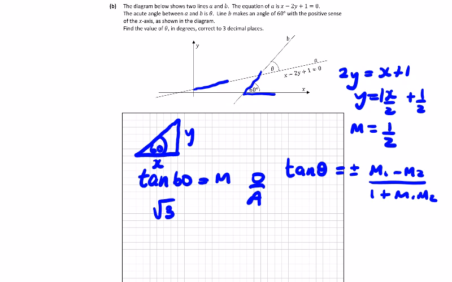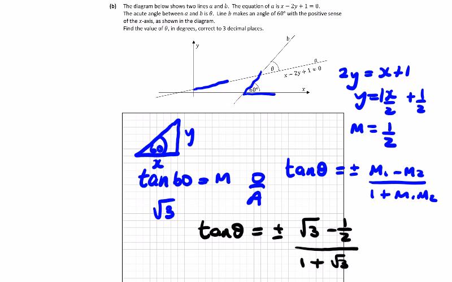So we should be able to get a value for the tan of theta and then get the inverse of it to get the angle. So let's sub this in, see what we get. So the tan of theta will be equal to plus or minus, I'll just probably do one version of it. We get (root 3 minus a half) over (1 plus root 3 times a half), but that would be root 3 over 2. I'm just going to type this into a calculator,